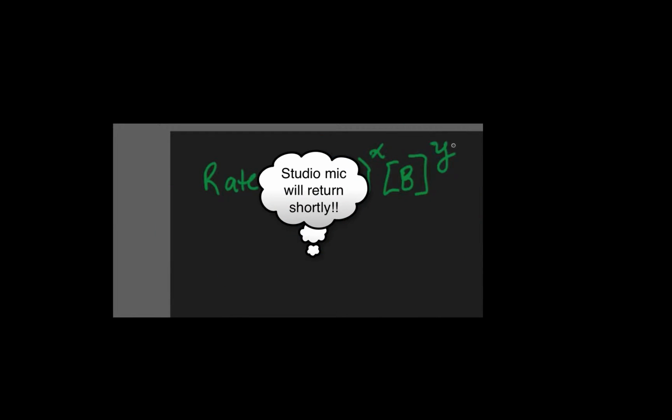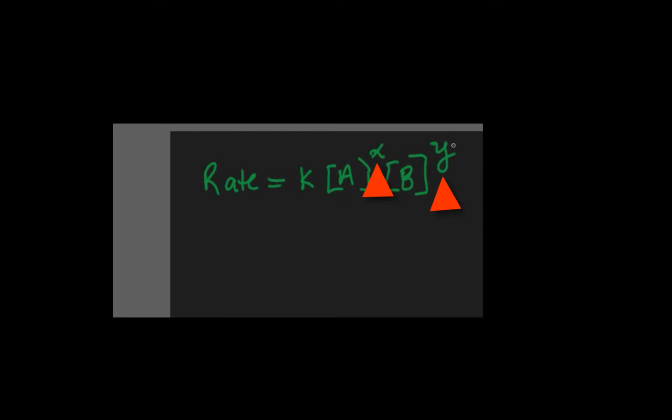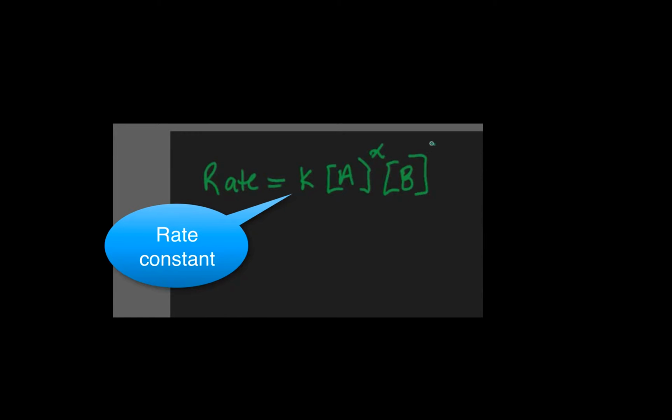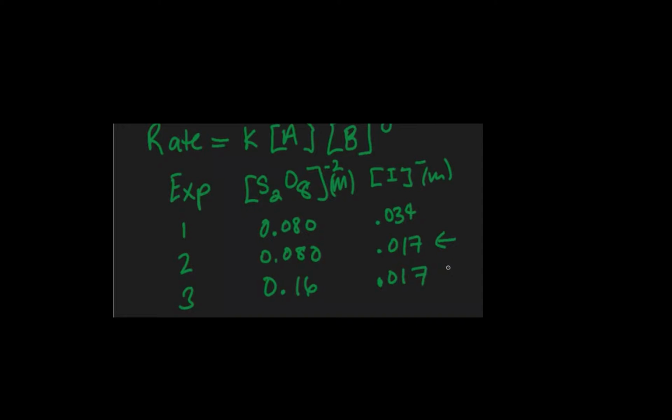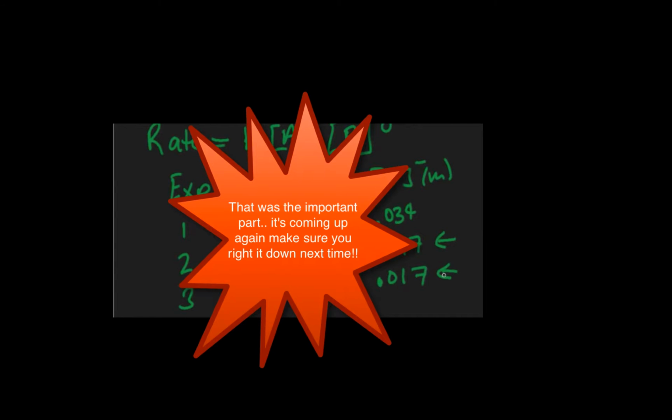Yes, ma'am. That's exactly right. And we're trying to find what X, Y are, and we're also trying to find out what K is. Well, in the video, I mentioned that if we want the first column reactant, we have to look at where the second column is constant. So in this reaction, the ratio of the two